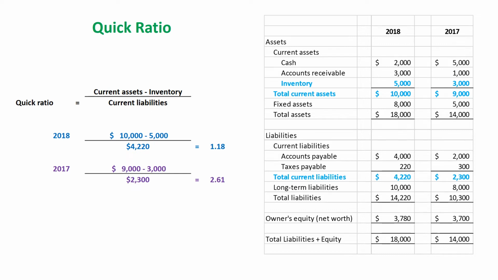A quick ratio of 1.0 or greater is usually recommended, but that is dependent on the business you're in. From the analysis of the liquidity measures, net working capital, current ratio, and quick ratio, the 2018 results